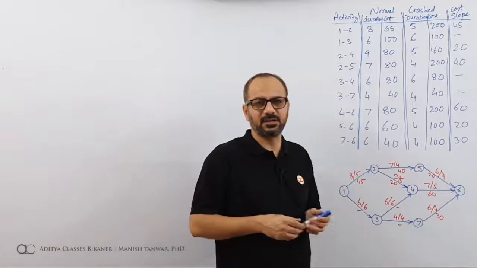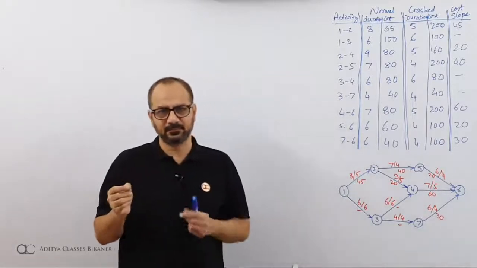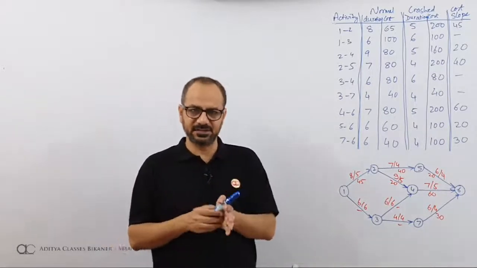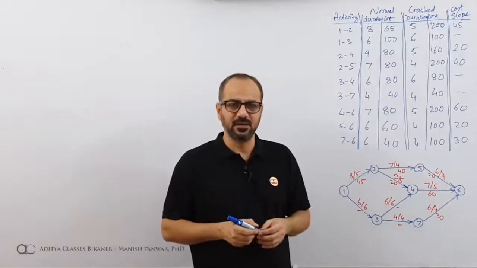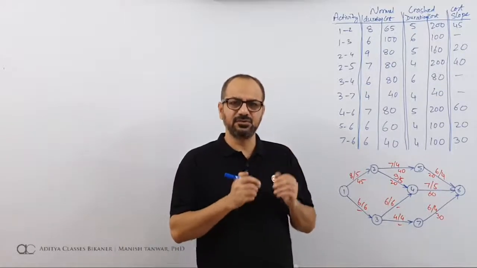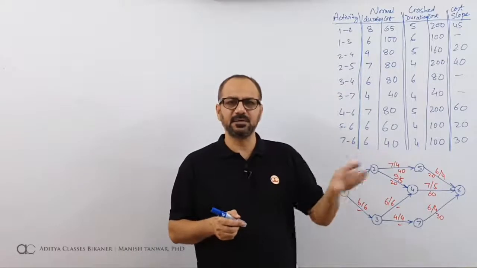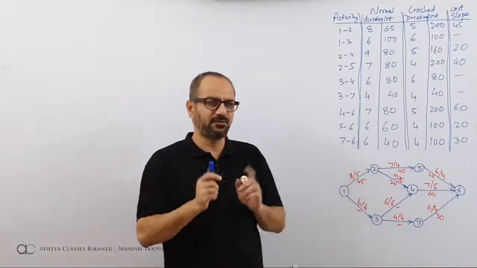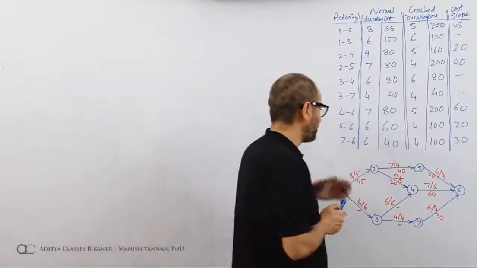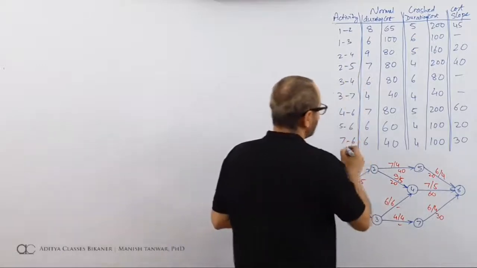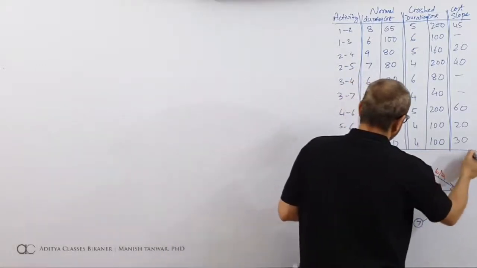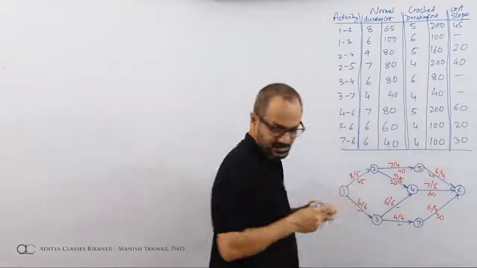Now we talked about crashing. There can be two possible perspectives of crashing, two possible ways of crashing. One is minimum cost, which is also known as optimum duration, and the other one is minimum duration. So we'll go for these two methods one at a time. And yes, along with this information, some additional information is given which says that